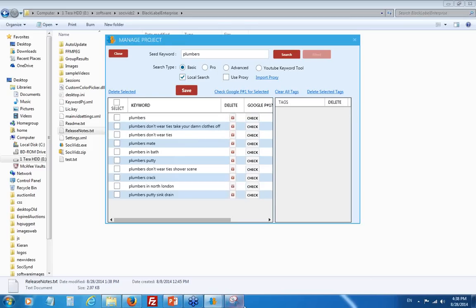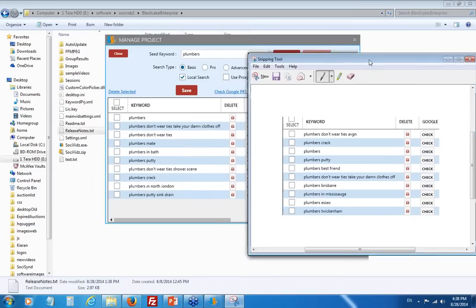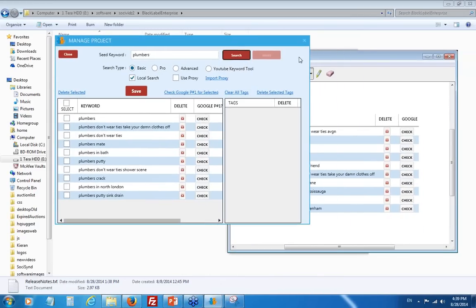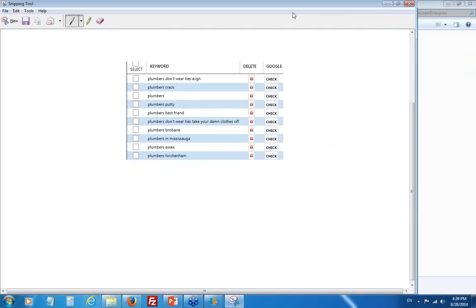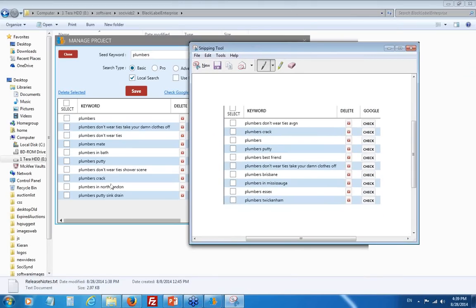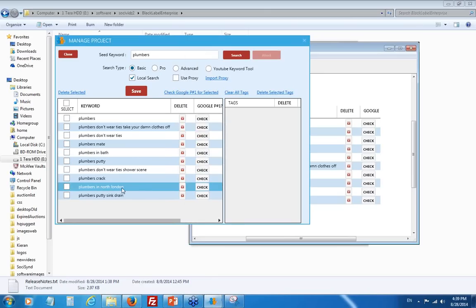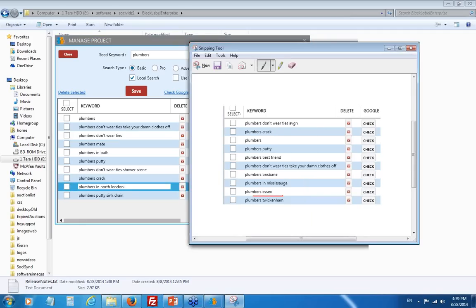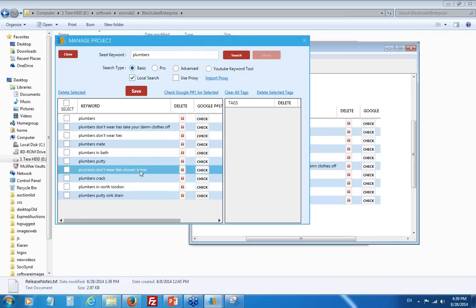Okay, now I'll pull this up, and we should be able to see the difference. Now the order obviously is a little bit different. Straight away in local searches, I noticed that it says plumbers in North London. I'm actually from the UK, so that would be pretty cool. But on here, I also see Essex as well. But I also see things like Brisbane, which isn't the UK. So anyway, have a play with this, guys. If you had issues with getting local searches,